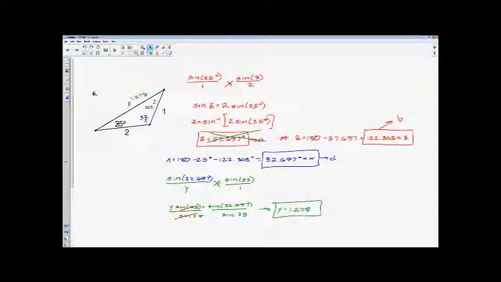And that is how you solve a triangle when you have two possible triangles. It's kind of a pain in the rear end, but that's just how you do it. So just know whenever you solve for an angle using the law of sines, you have to remember to test that second